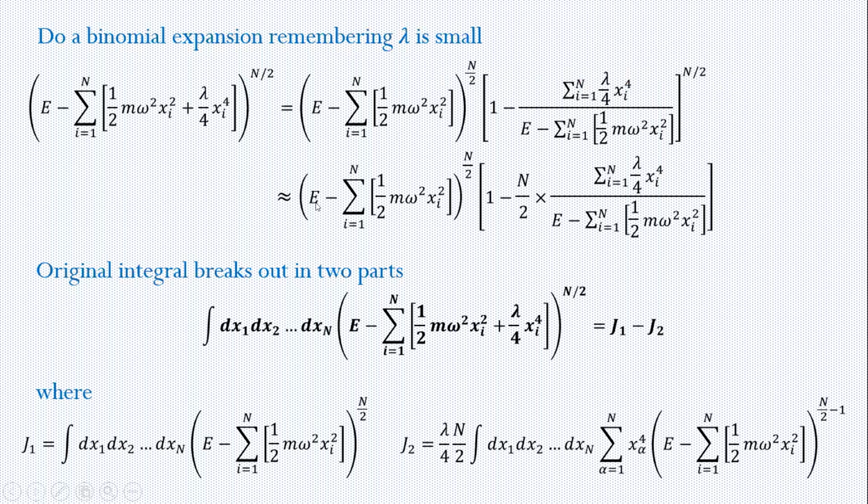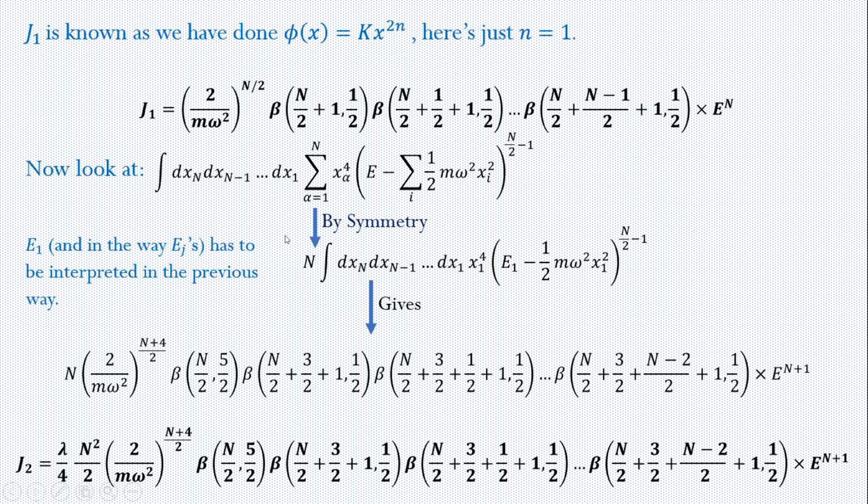For J2, as you can see, the name of the variable doesn't matter, so there is a symmetry in this integral. By that symmetry, we take out a factor of n, and it's enough to work with one variable. We choose it to be x1. First we integrate over x1, and once again we integrate over x2, x3, and x4. The e1, e2, e3 are defined in the same way as we did in the earlier case. So it's a doable integral. The integration turns out to be this. Finally, J2 turns out to be this.